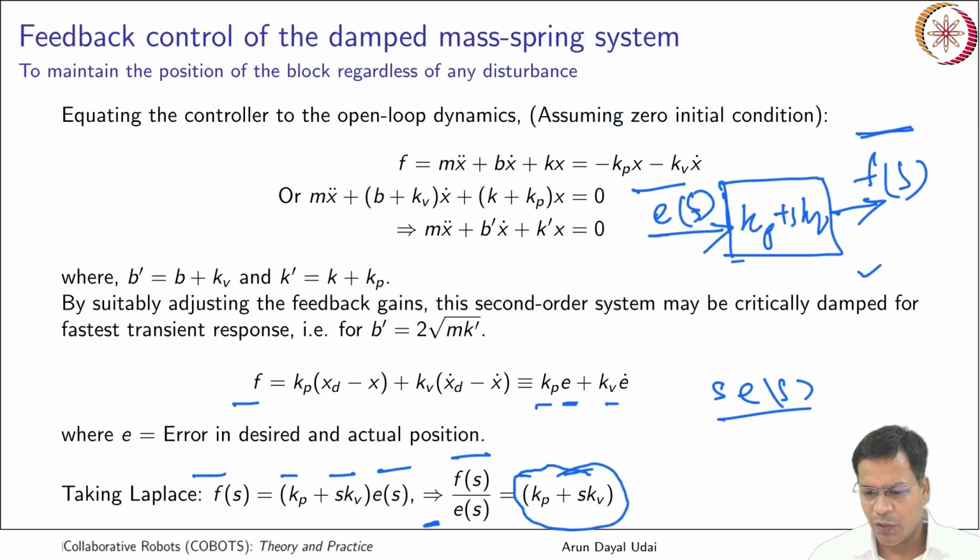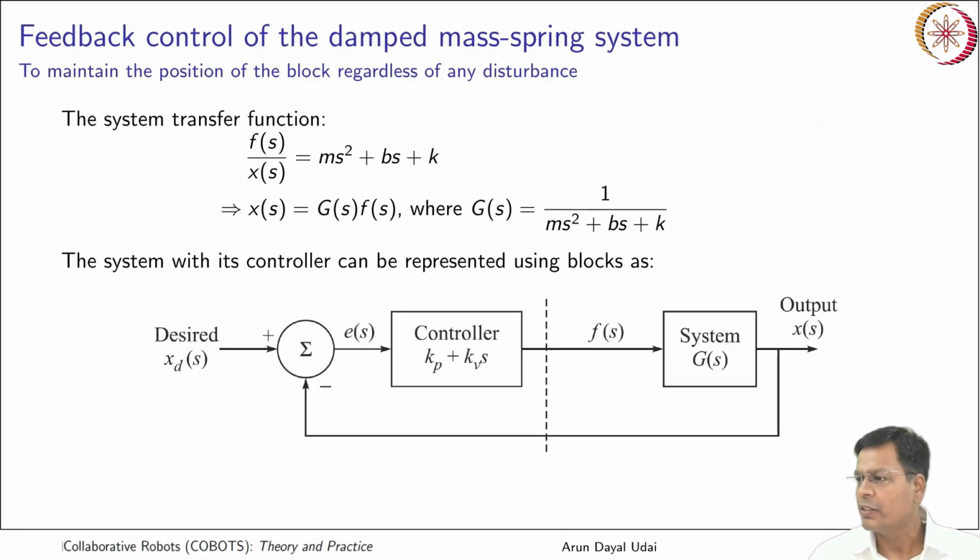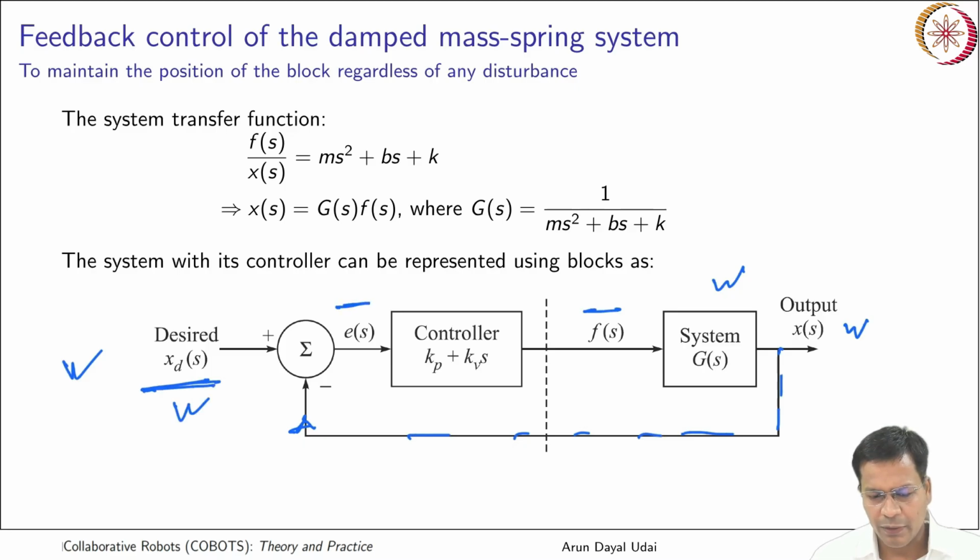You already had the controller that is given like this. So can we put everything in place now and represent the system as this? You see what it is now? So this is your system that takes force as input and gives you x, that is the displacement, as output. You are taking a feedback that goes in this line, finally it gets into here, and xd is the desired input displacement that you actually want. So the error is the difference between the desired and the actual one. You take the difference of this and this, and this is your output after taking the difference.